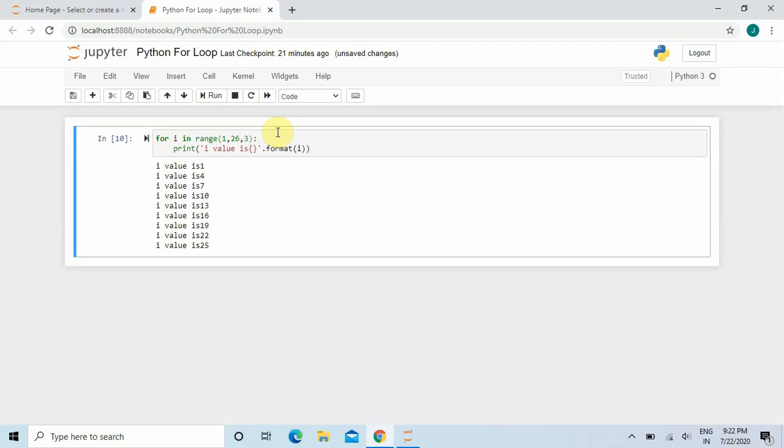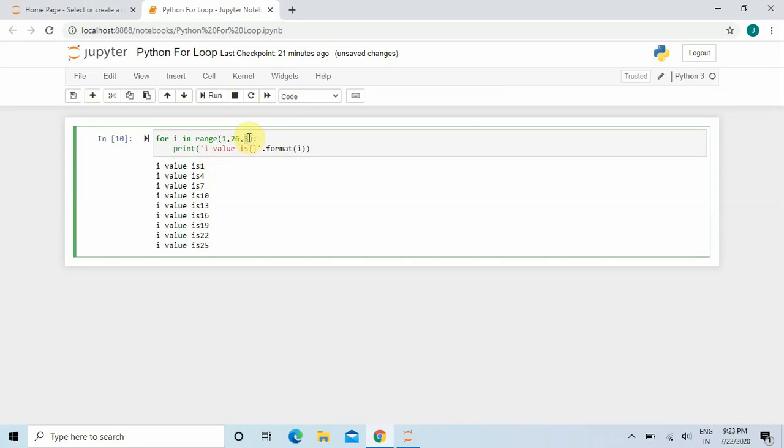So yes, you can see here that it is starting from 1, since I have mentioned here 1, that is I value is 1. Now the next value it is not displaying as 2. Why? Because we have given here comma 3.